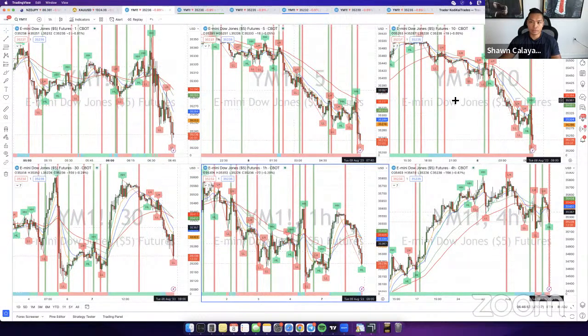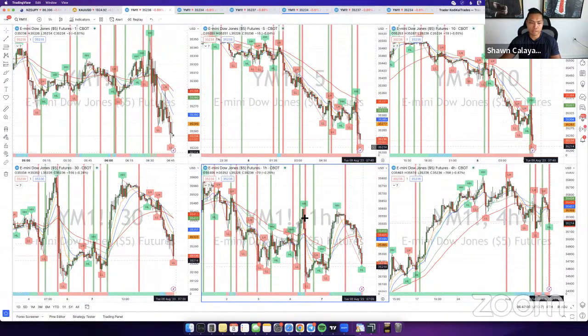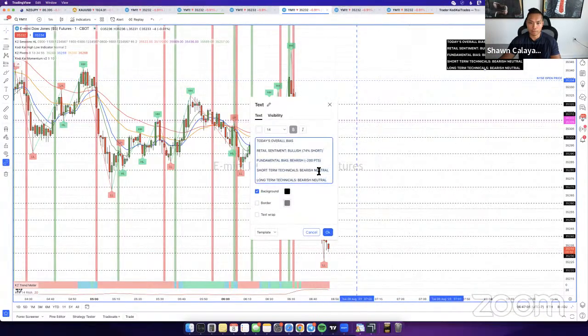So right now it's just a waiting game. You can see over here on the lower time frame, it's now bearish. You can see the 1 minute, 5 minute, 10 minute prices below the pivots. Trend meter is red, pivots are angling down. Same with the higher time frames over here. So we actually have a bearish bias right now for the most part. It's bearish on the short term, it's bearish on the long term.